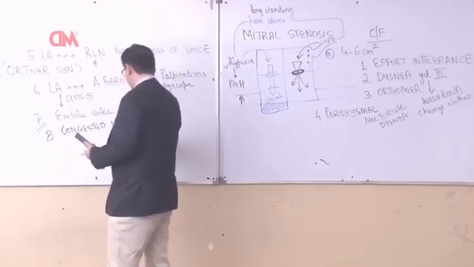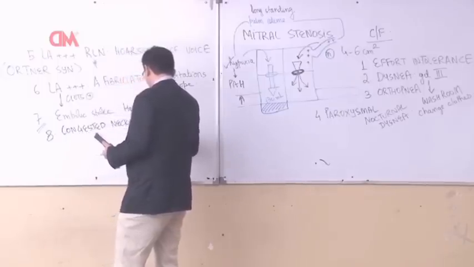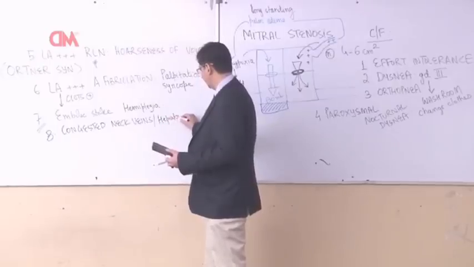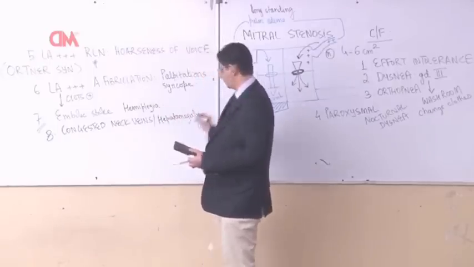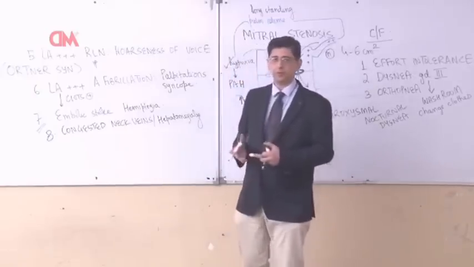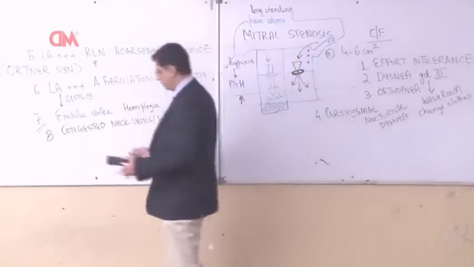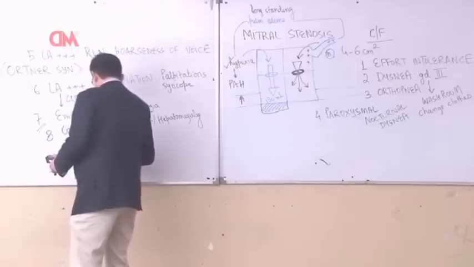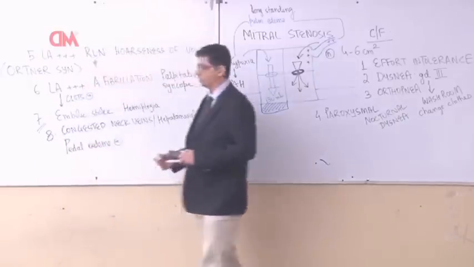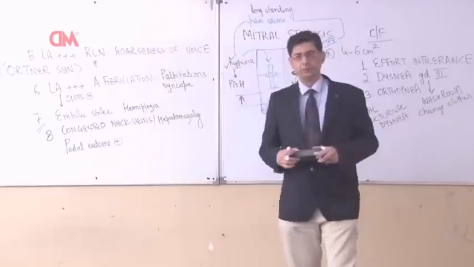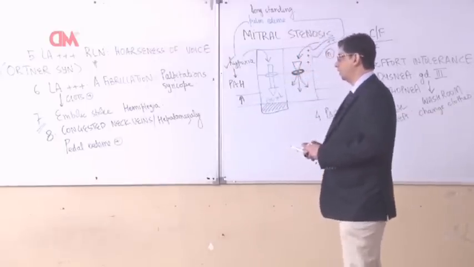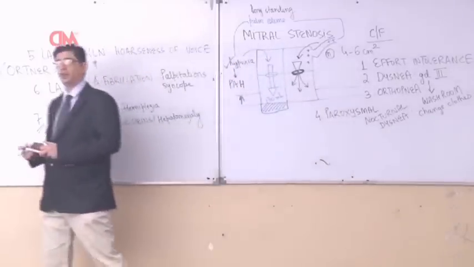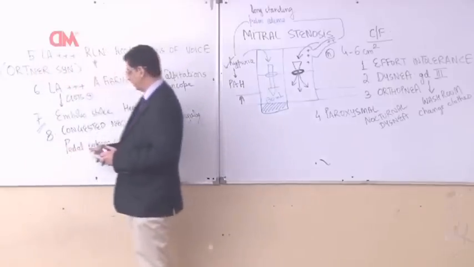Apart from congested neck veins, these patients will also be having back pressure increasing in the inferior vena cava. Therefore these patients will have development of hepatomegaly. Obviously, patient cannot say the word hepatomegaly, so patient will rather complain of fullness in the right hypochondrium or pain or tenderness in the right hypochondrium. And these patients will ultimately develop swelling in both the feet, that would be a pitting pedal edema. Therefore, when it comes to mitral stenosis, the usual symptoms that are asked in the exam are usually from point number 5 onwards: Ortner syndrome, atrial fibrillation, embolic stroke causing neurological manifestations, and then right ventricular decompensation resulting in development of pedal edema.